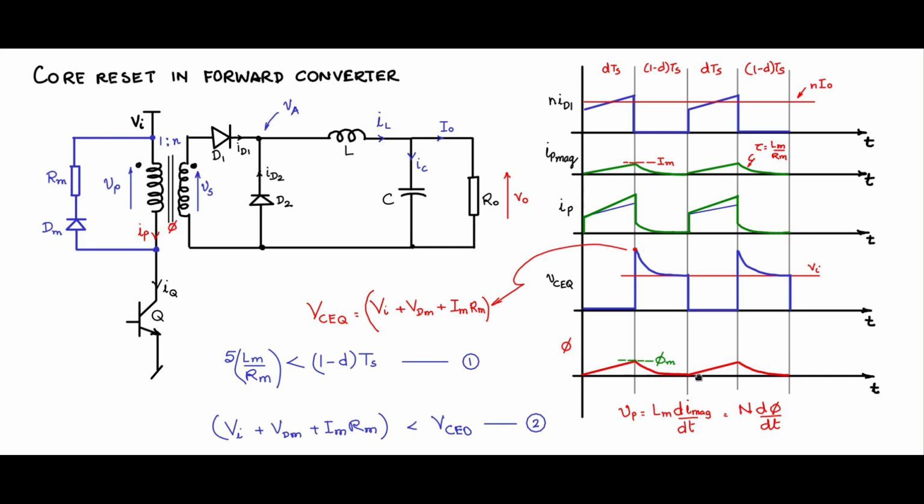So this is how the flux waveform within the core may look like if you are able to probe it and see it on the oscilloscope. But we are able to get this wave shape indirectly through Faraday's law. So you see that the flux rises and then the flux is reset. This is the core resetting action. The flux in the core gets reset to 0 and it is ready for action the next cycle when it again rises, and then during the 1 minus d Ts period the flux is reset again. So this is core reset in forward converter.